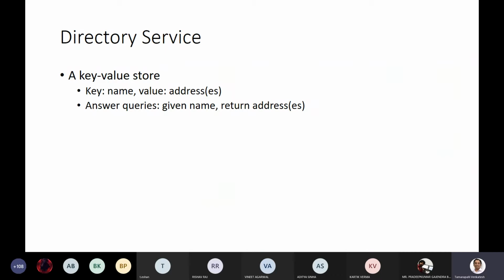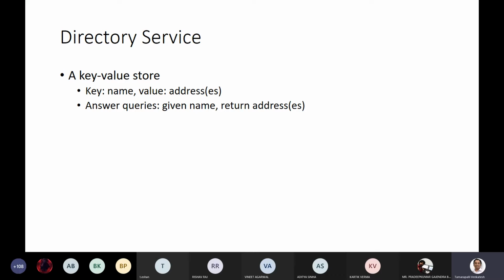In general, DNS does what every other protocol I was talking of does: resolution. So, for example, IP to MAC is done with ARP. So any one form of name to the other form of name or some value, you can view it at the very high level as a directory service. What does a directory service do? A directory service essentially maintains a key value store where the key corresponds to a name or some one form of identifier, and the value corresponds to another form of identifier or address.